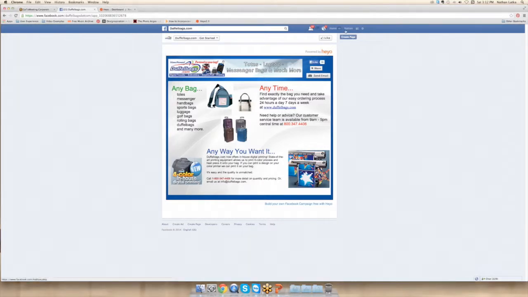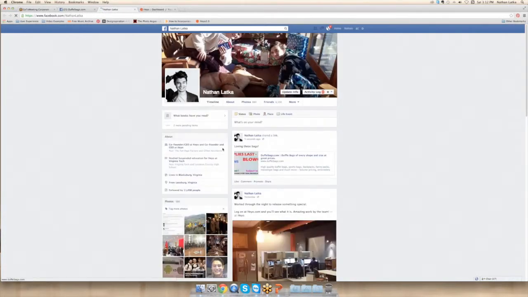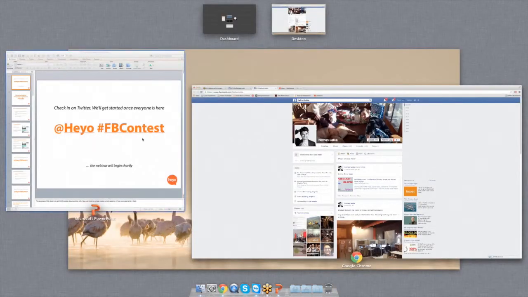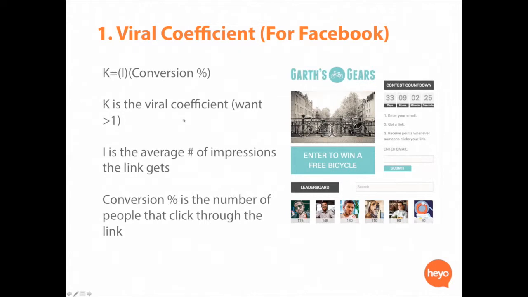I'm going to open up a new browser window here. So you see how this now is posted here? What happens is because I've done this, Marge, ideally some amount of my 4,100 friends will see this. Everyone following me here? So here's why that's important. The average Facebook user has about 230 friends. So Marge, I'm going to ask you a tricky question. Are you ready? I'm ready. If the average Facebook user has about 230 friends, and we're looking at your page, remember I is the average number